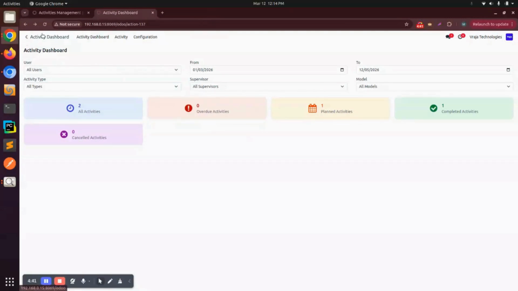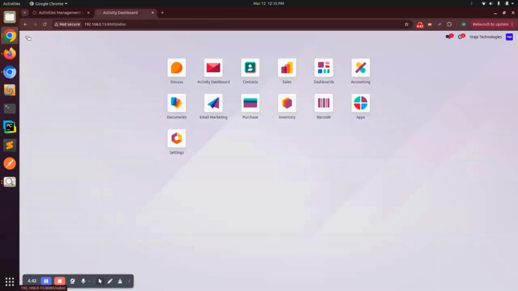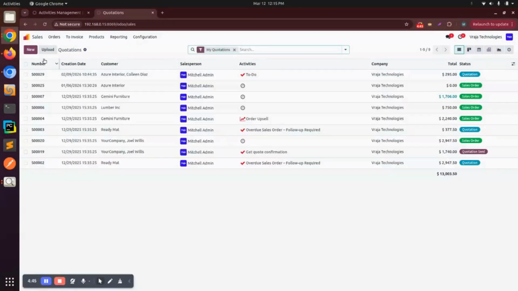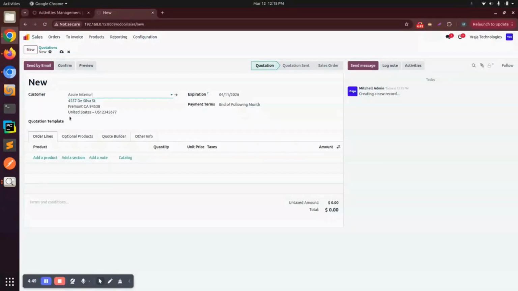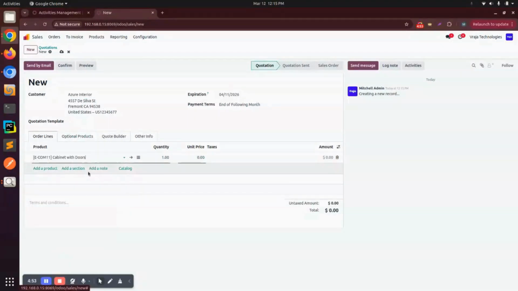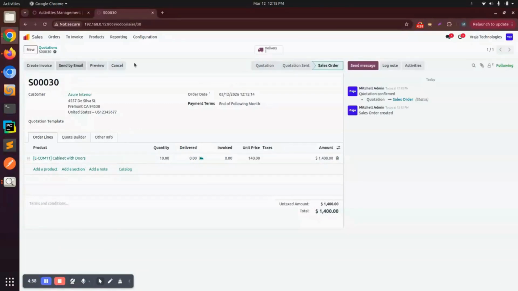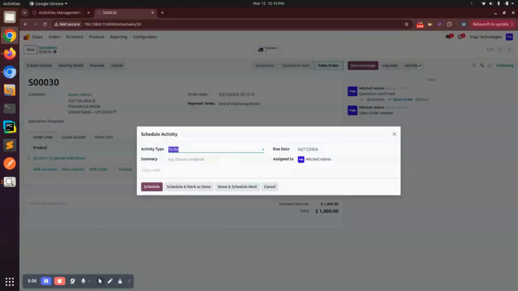Now suppose we are creating an activity for the sales order. For that I will show you one time how to create a sales order and create the activity for the same. So here I am adding a customer name. I will add some product and the quantities and I will confirm this particular product. And here is the activity tab, as we all know. So in the activities tab, I will add an activity for